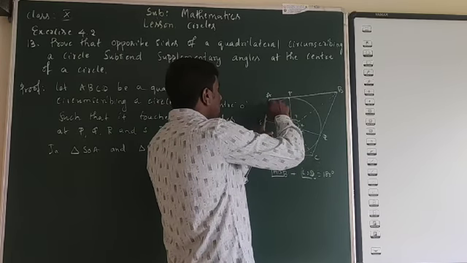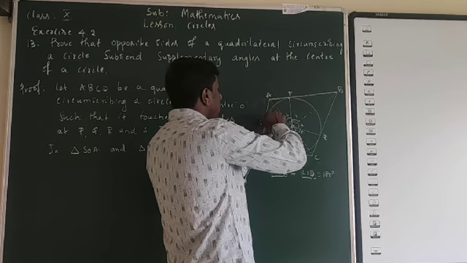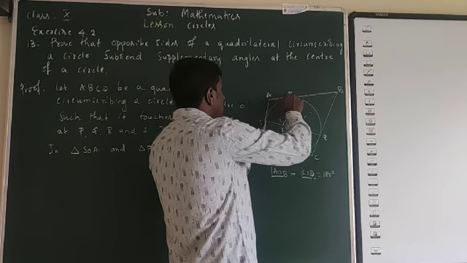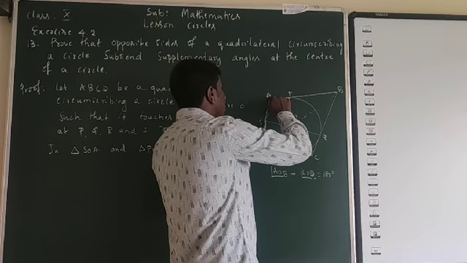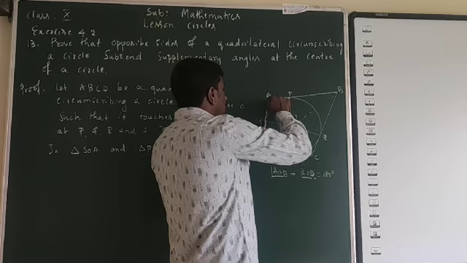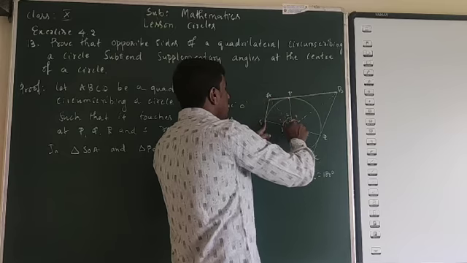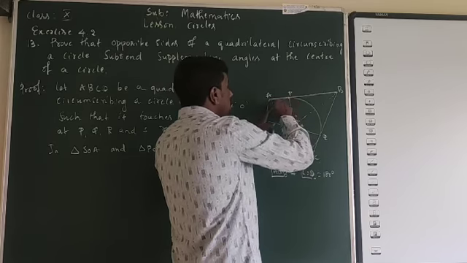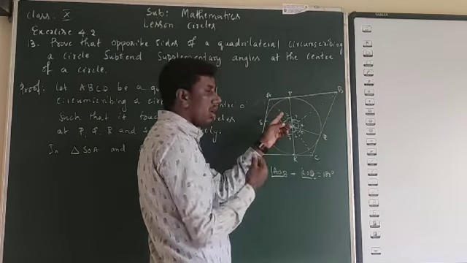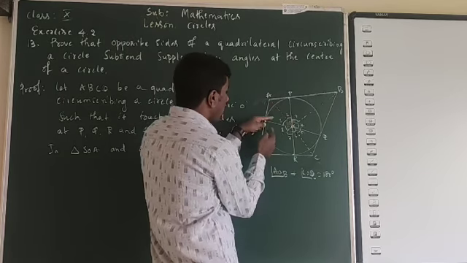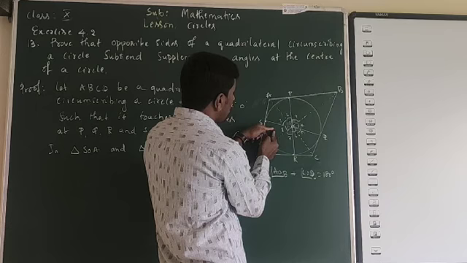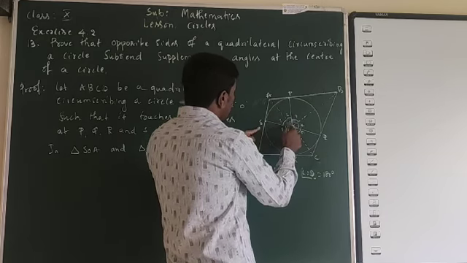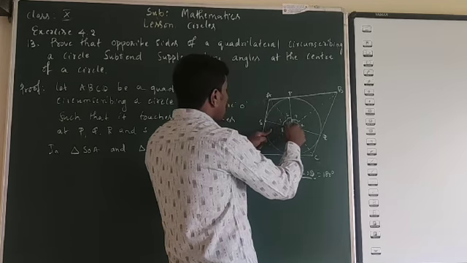See, observe that AS is the length of a tangent and AP is the length of a tangent. These two are tangents drawn from the same external point, right? So therefore AS is equal to AP. Then AO is equal to AO, and OS is equal to OP. Then all three corresponding sides are equal. Whereas if you take these other two triangles, you can say that OS is equal to OS,